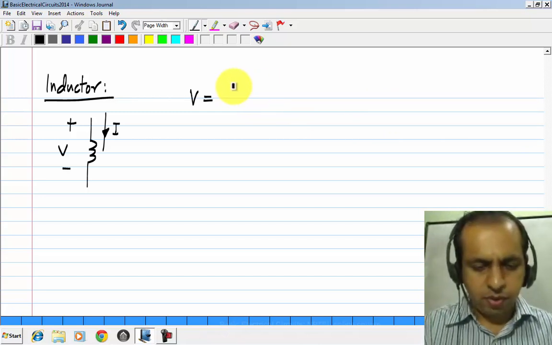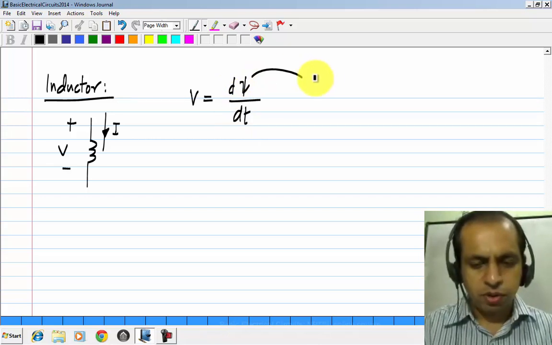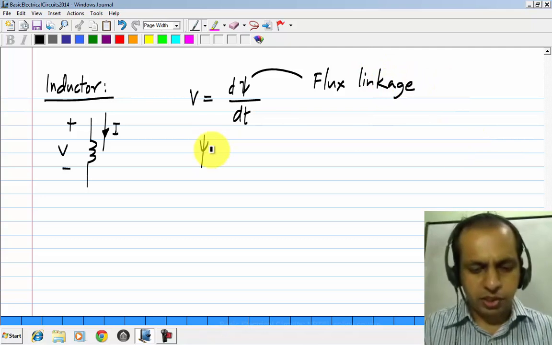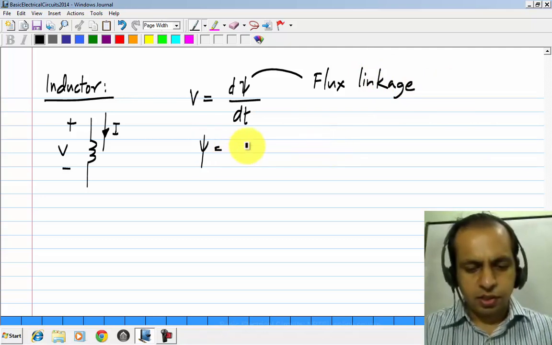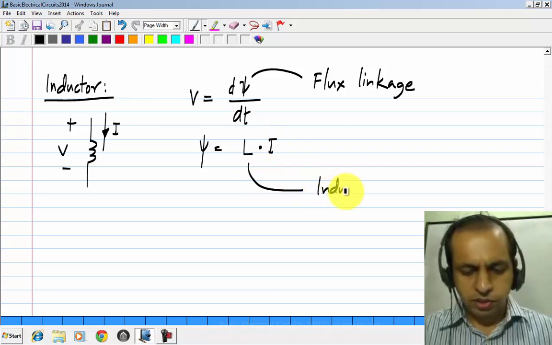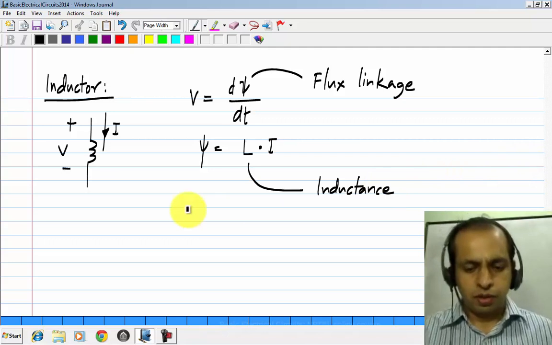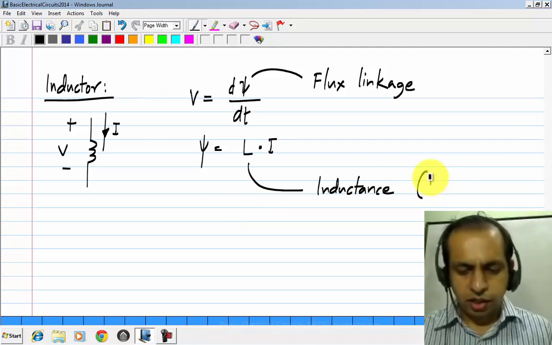It's given by this relationship where this psi is the flux linkage, and psi itself is proportional to I through a proportionality constant which is known as the inductance. Okay. So the inductance is measured in henries